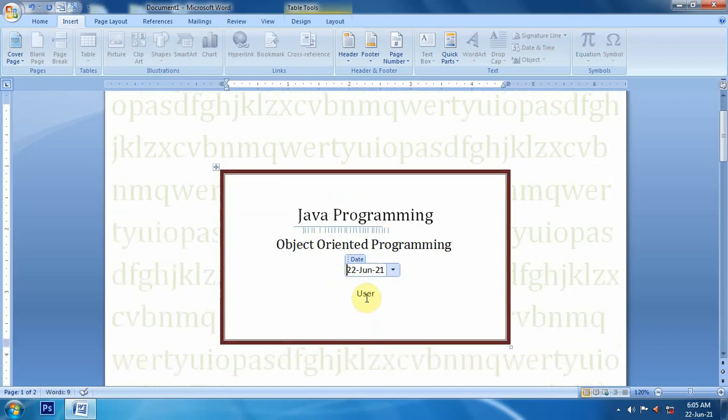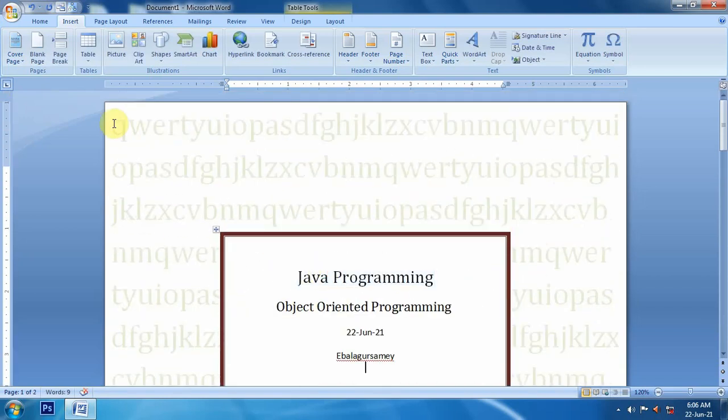Date of book and author name. Ibala Goswami, like this.